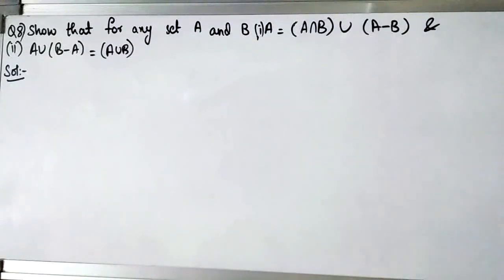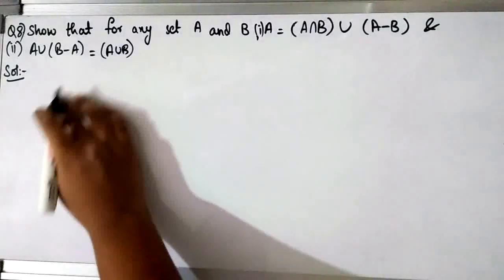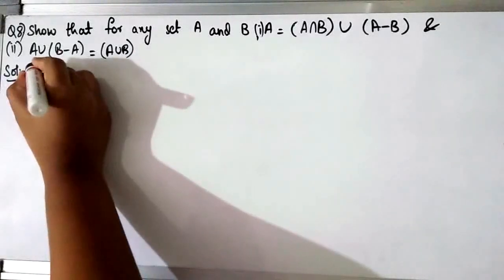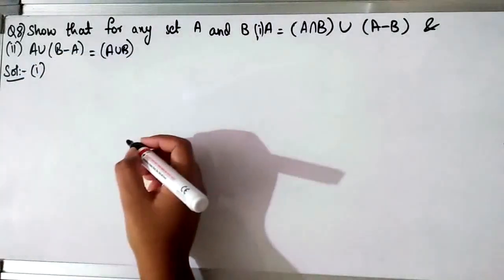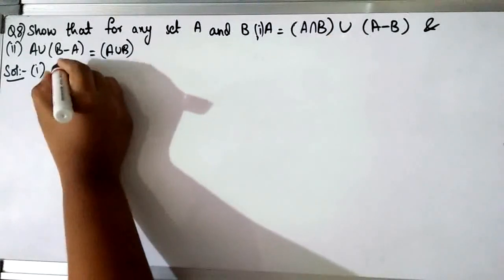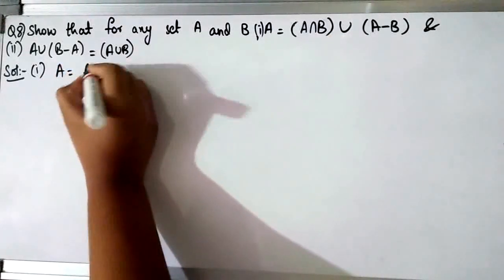So we can use two methods to solve this question. First one is by taking your normal sets, and the second one is by using properties. So I'll show you both the methods. Now let's do our first normal method, that is by taking sets. So let's take our first one, first bit.